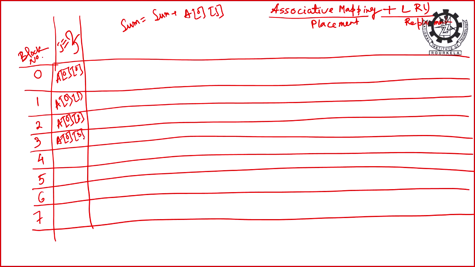So, we write 03, next 04, A05, A06, A07. Okay. So, then j value is now 7. Last j value was 7. Now, we increment the value of j. So, then